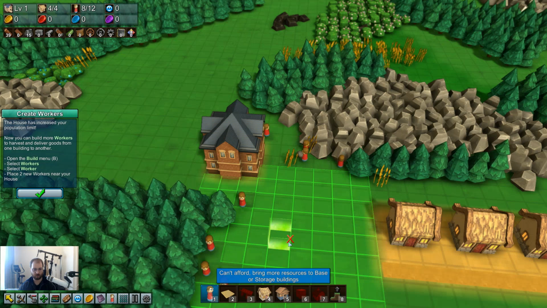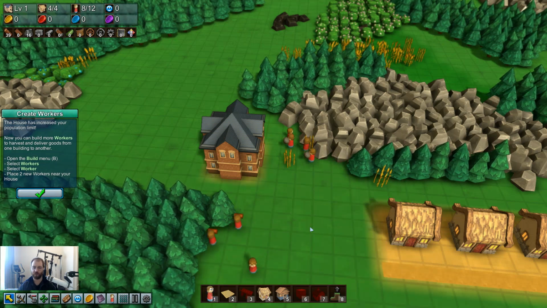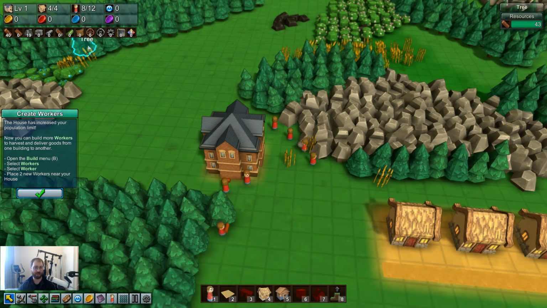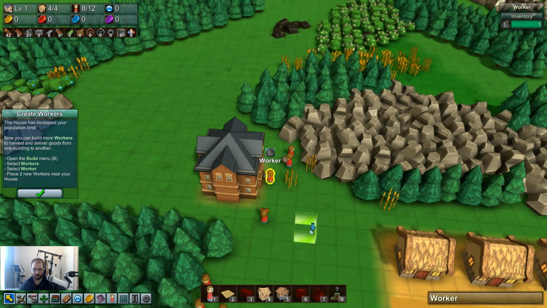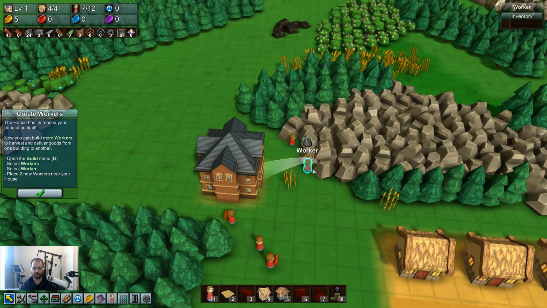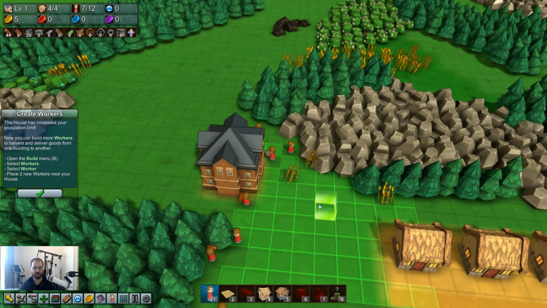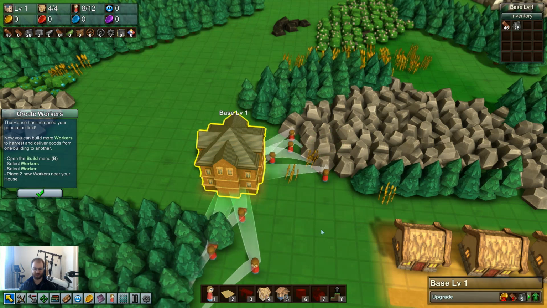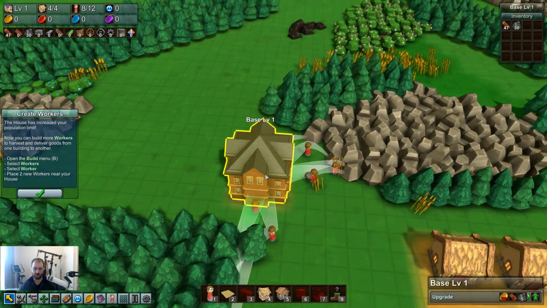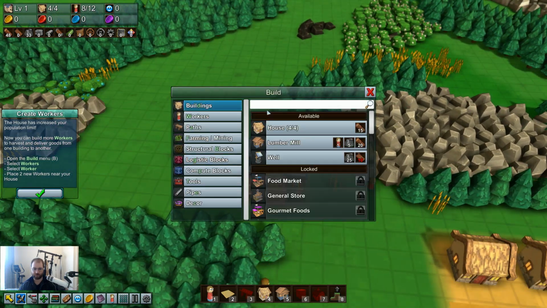But these workers... Oh, they do cost gold. Okay, I must have had enough gold to get 8 of these guys. And then... So if I delete you, I do get the gold back. Okay. So these do cost gold. For some reason I thought the first 12 or something didn't cost any gold. But there we go. So now...